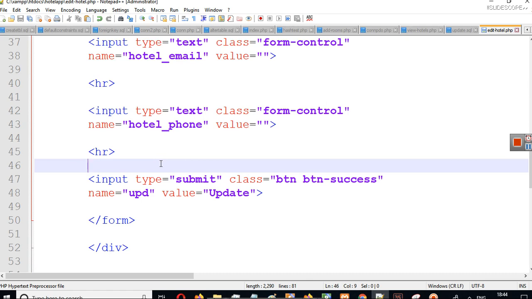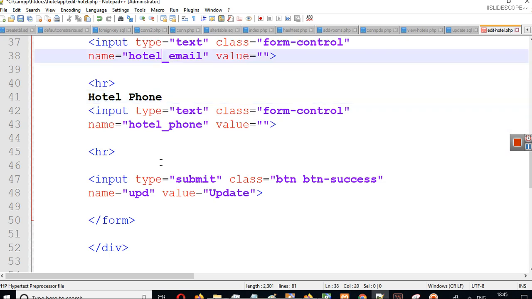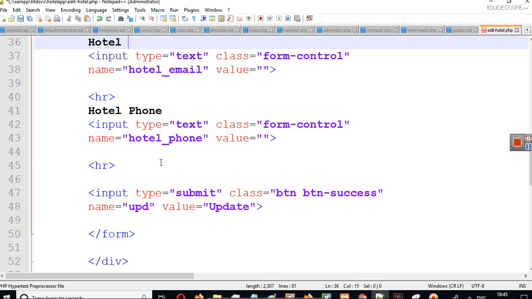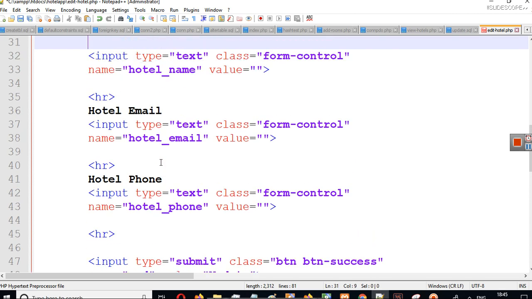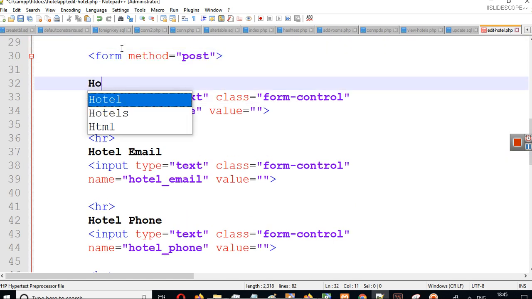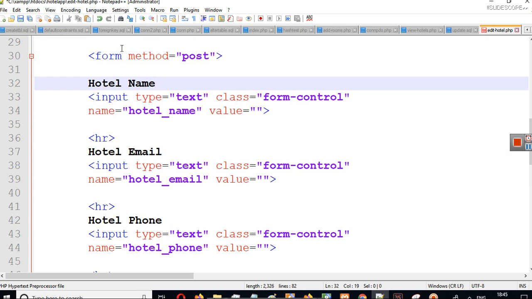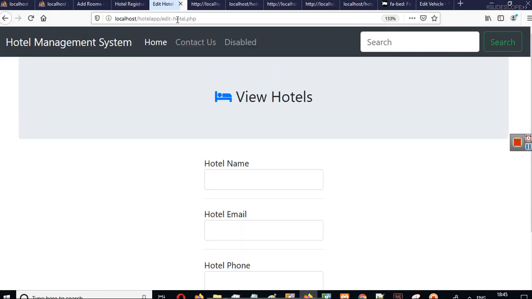The label for this is hotel phone. The label for this is hotel email. Sorry about the noise. So it will be hotel email, hotel phone, and the first value will be hotel name. So I'm giving my users an option to edit these details, and these details will be filled in the form that you can see here.